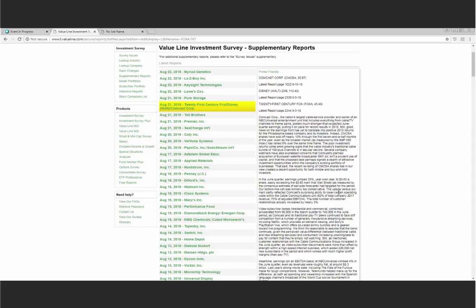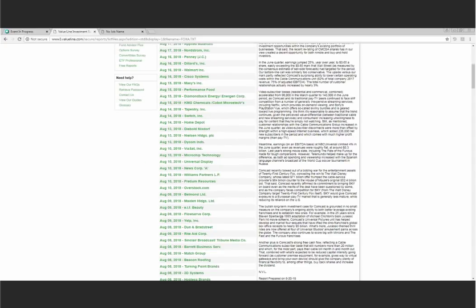That, combined with what's expected to be reduced capital intensity going forward, as customer premise equipment, for example, gives way to virtual gateways and bring your own devices, should give the company plenty of financial flexibility to, among other things, buy back shares and increase the dividend. All told, we recommend Comcast for both nimble and buy and hold investors, and it is Value Line's one stock